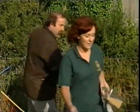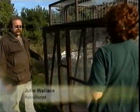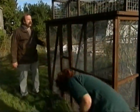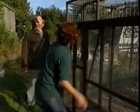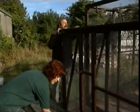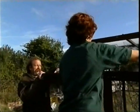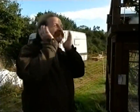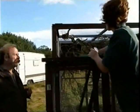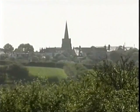How long have they been out of the aviary? Well, the last ones have been out about a month now, I'd say. So, yes, we still like to feed them just to make sure that they're still getting enough to eat. That's just husk, isn't it? Yeah. And the Cirl Bunting, I'm right in saying that they have a very small range, don't they? Yes, they don't go too far. It's about 2 kilometres from here. It's about to that church over there, so...